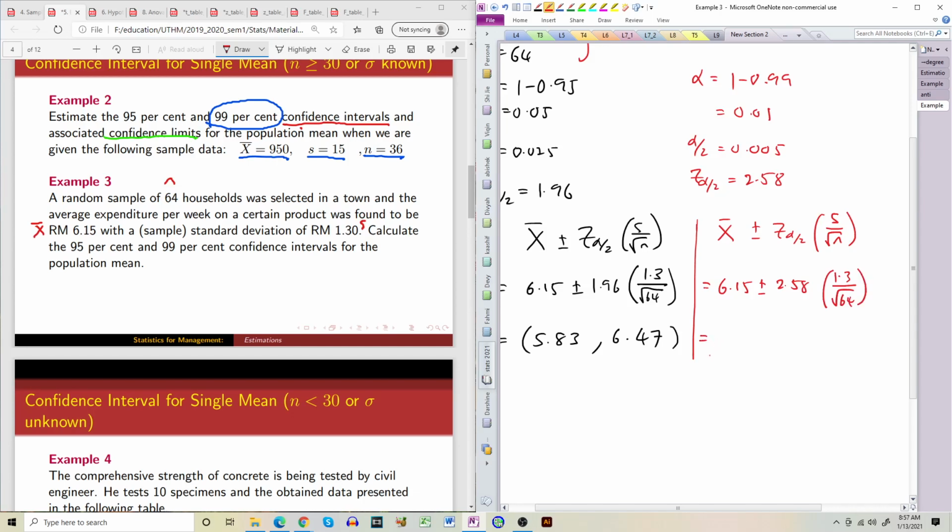We have seen it is 2.58, and if you do this,